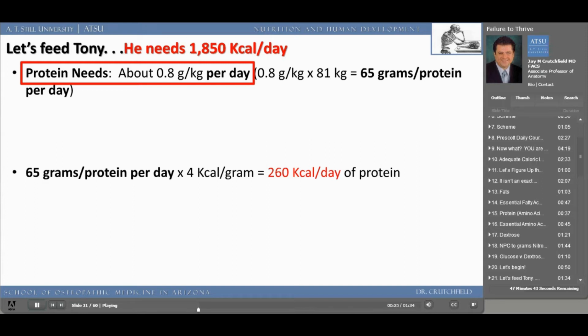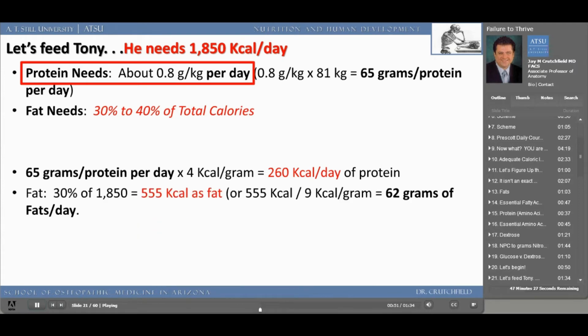We also know that 30 to 40% of his total calories should be from fat, because that's what it is if he's eating orally, but he's not. So we need to reserve 30 to 40% of his total calories as fat. So 30% of 1,850 is about 555 kcals as fat. Divided by 9 kcals per gram, because that's what fat gives us, means that we're going to have to give him 62 grams of fat a day,